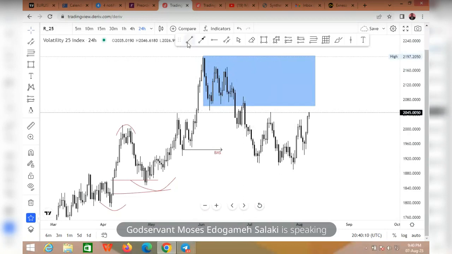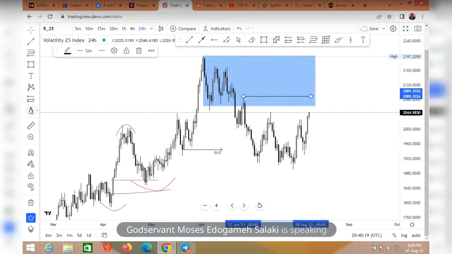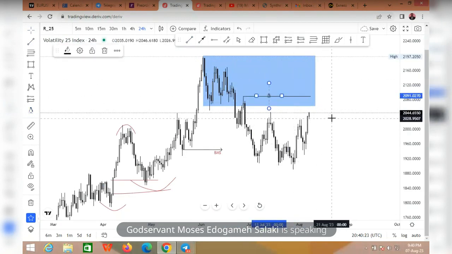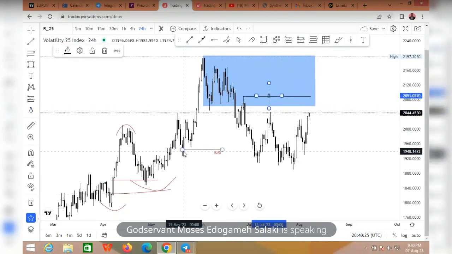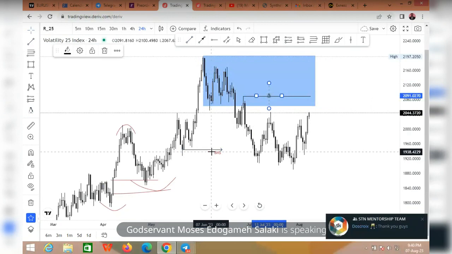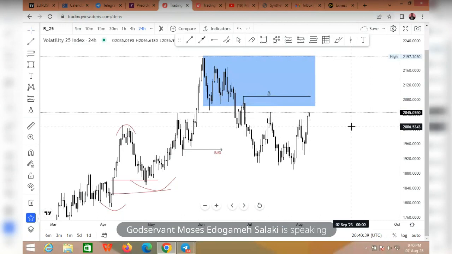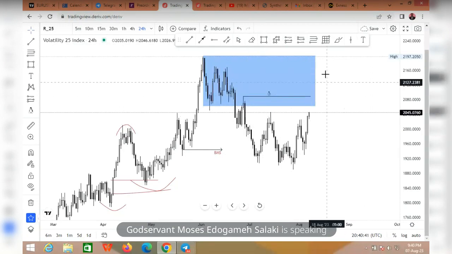I would want price to take out this internal liquidity. Then if we distribute in this zone, I will love to go down, because price has clearly given a break of structure. Since price has given a break of structure, what we are expecting is that price should push down and continue the bearish move. So I expect price should come here and give us